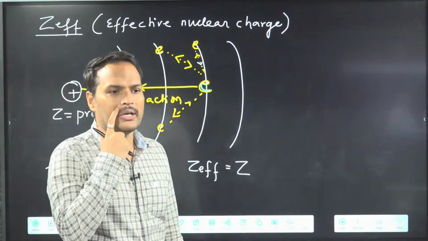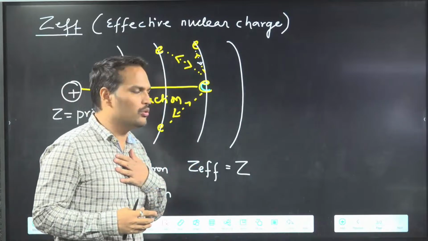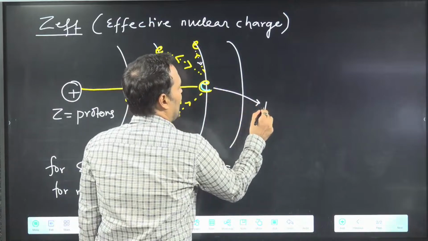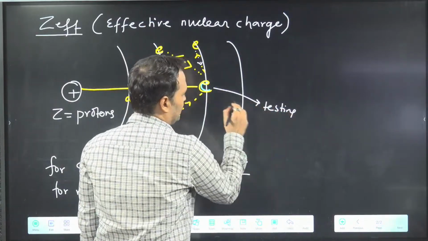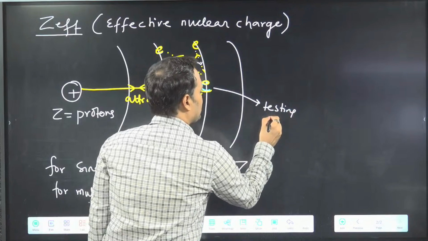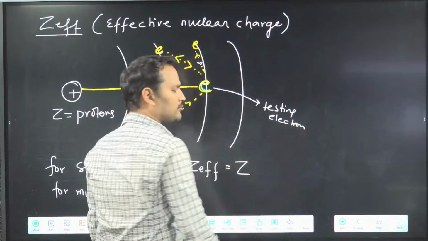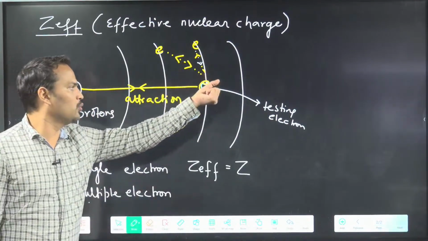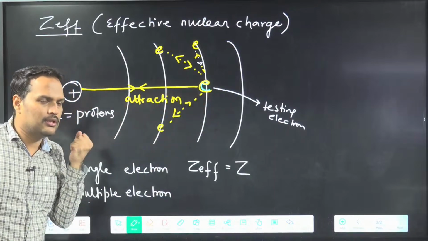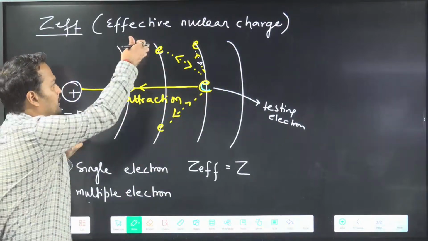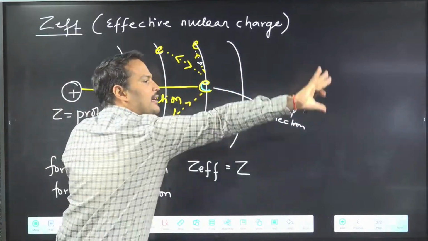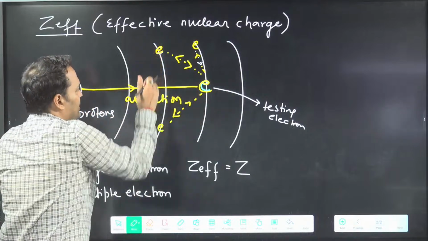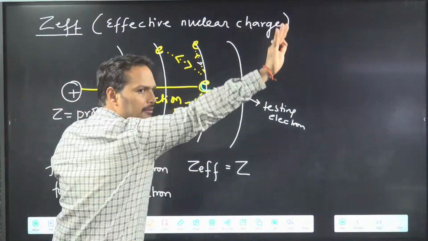Clear? So now what is happening? Listen carefully. I am the nucleus. This is the electron, test electron. We call it what? Test electron. I am testing it, observed electron. I am doing experiment on him. Okay? Test electron. So what is happening here? Everyone see. Nucleus was attracting, but at the same time what happened? These electrons are pushing him back. Nucleus is attracting, but these electrons are pushing him away.